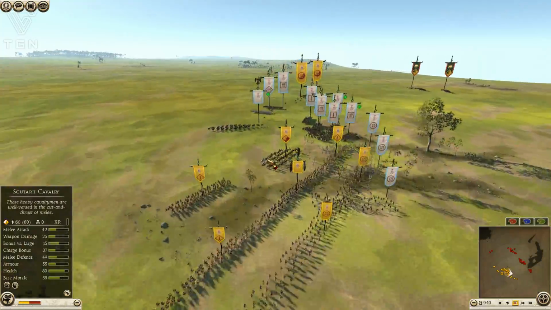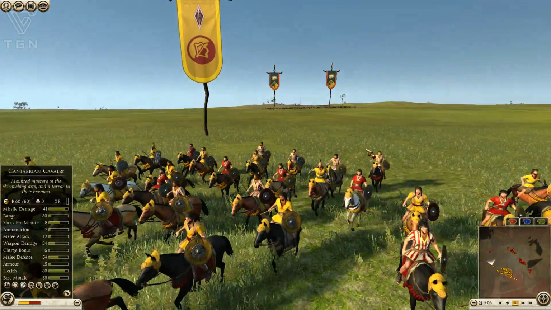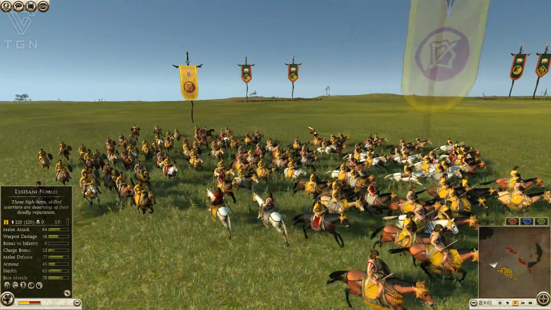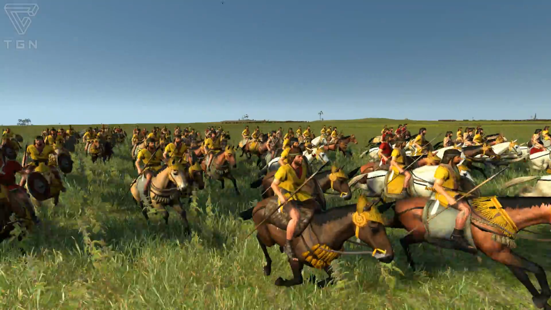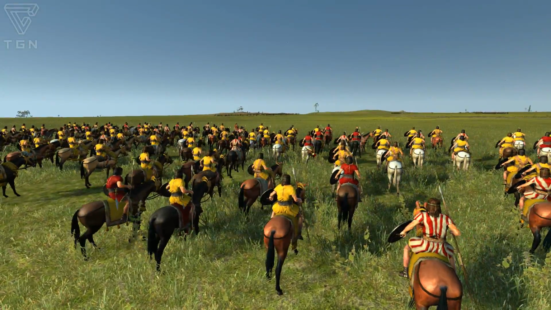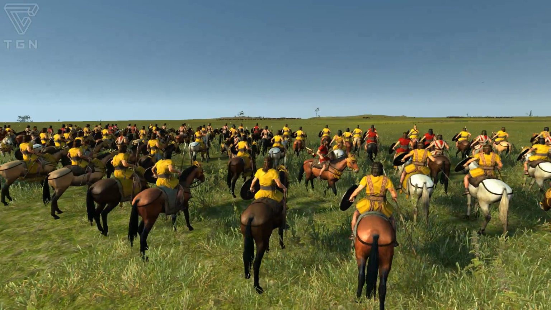Now my Cantabrian cav were poorly matched against the Suebi, and they will actually be very well matched over here against the Arverni heavy horse, so I've switched flanks with them. Cantabrian cav are not a particularly impressive Jav cav, not for their price at least. They have terrible melee stats, and nothing really good to help make up for it, but they do have the